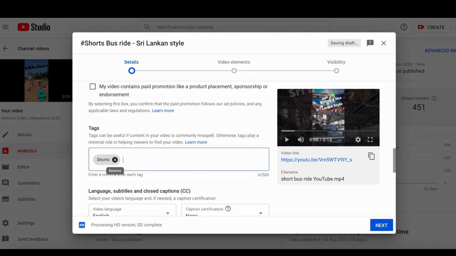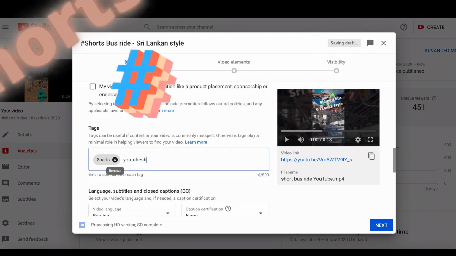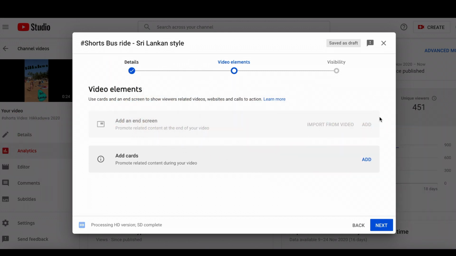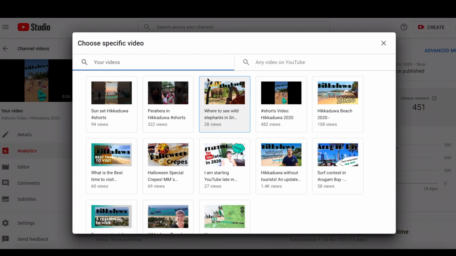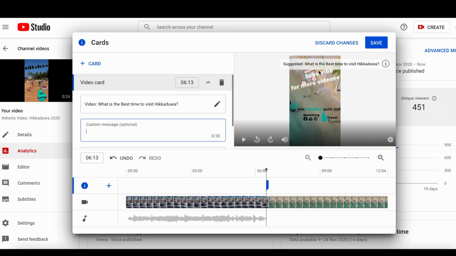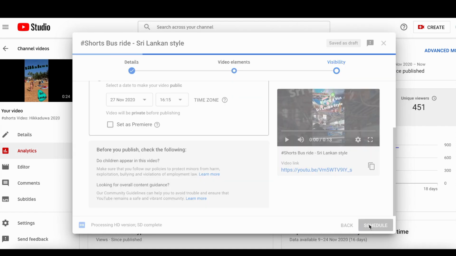Also tags, I also put shorts, and you cannot add the end screen to shorts videos, but you can add a card, promoting one of your other videos. For example, what is the best time to visit Hikkaduwa? I could add that there, and that's it.